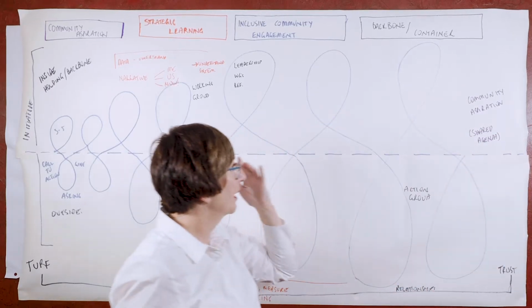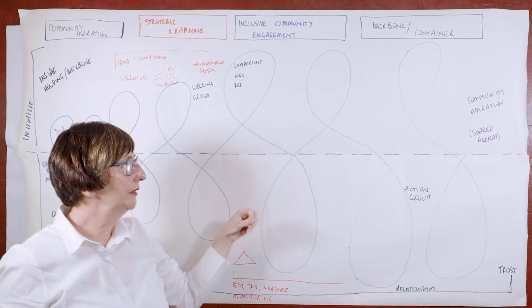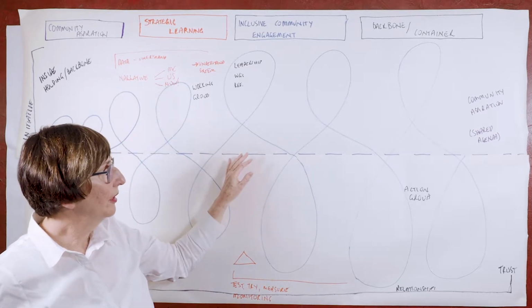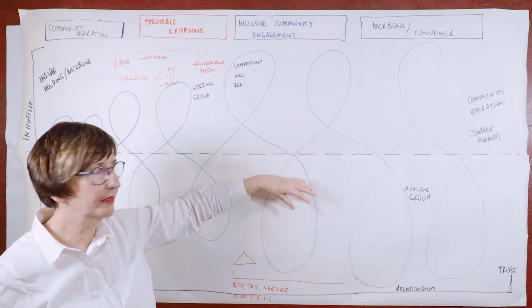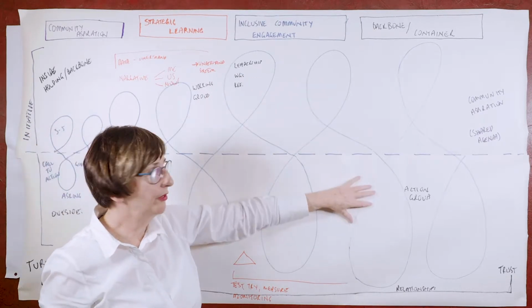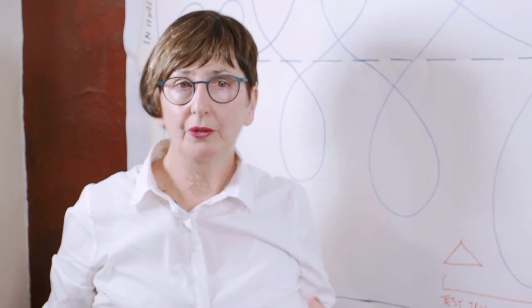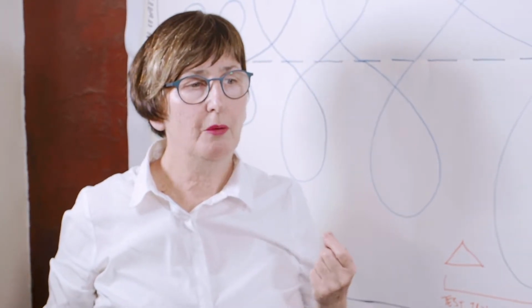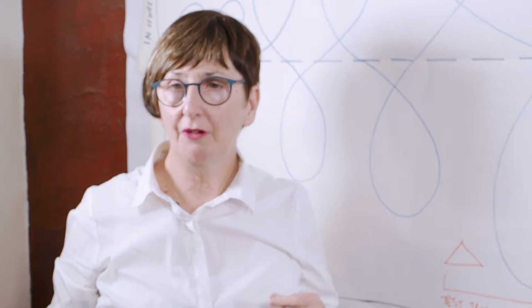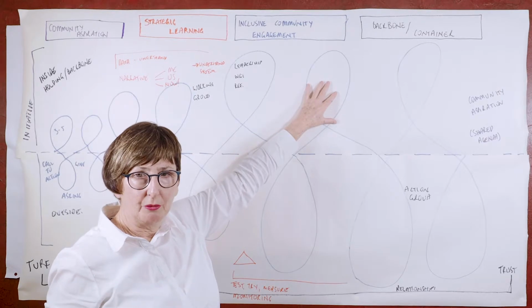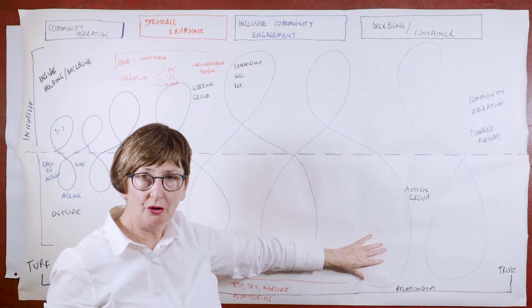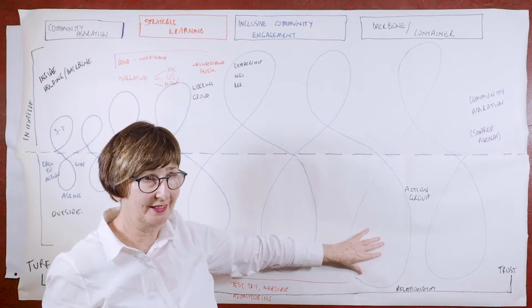So I'll give you an example of this. Again, pulling on the Go Goldfields work, we had a whole lot of conversation that was happening around family violence. And about here in the process, we had a statement around family violence being a gendered issue, that it was about women and children living in an environment free from violence. It resonated really well in here. It did not resonate really well out here.